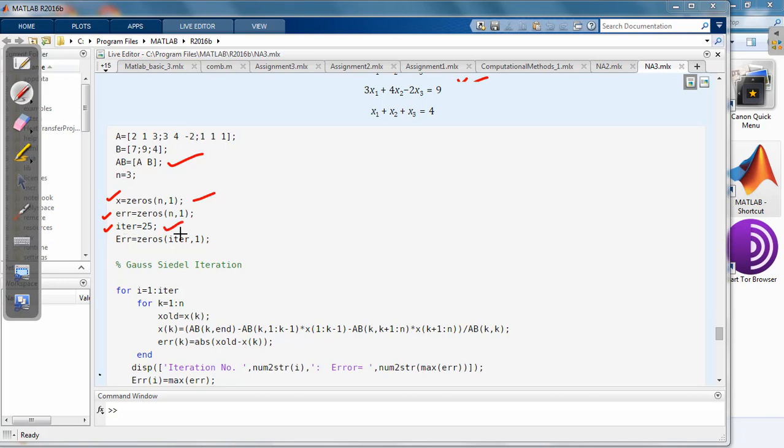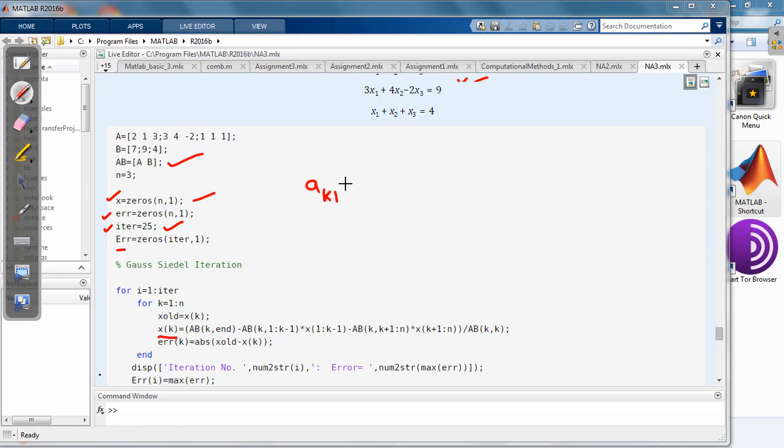That is why we have defined the number of iterations, and you define some error initially as 0, which is going to be updated over the iterations. So in the main loop, if you observe, what we are doing in a Gauss-Seidel iteration is how this xk is calculated. As you have observed, it is kind of